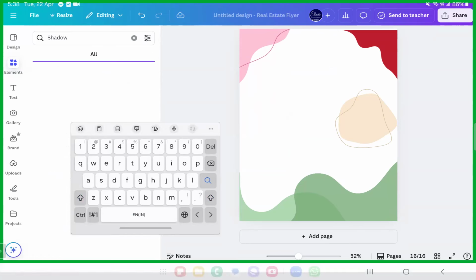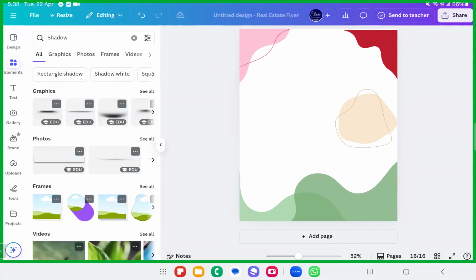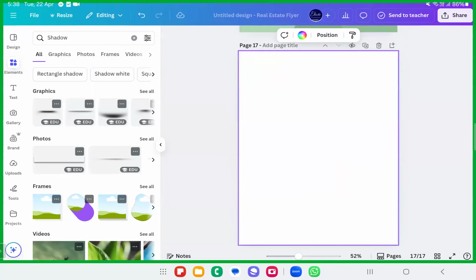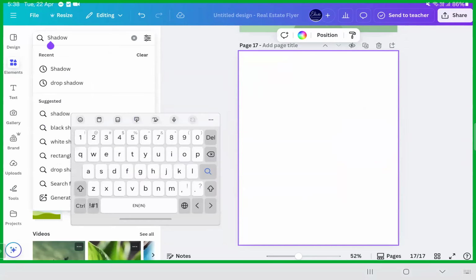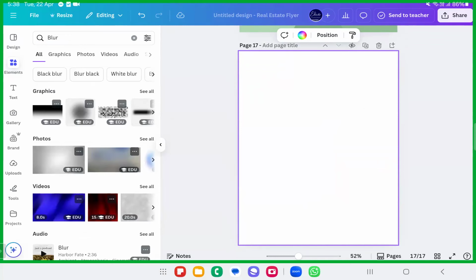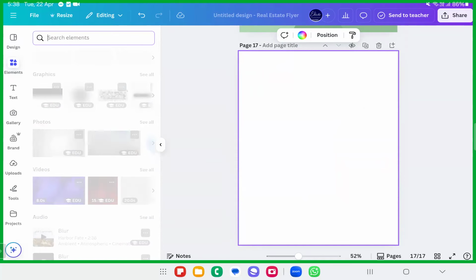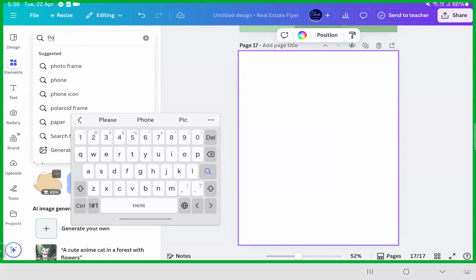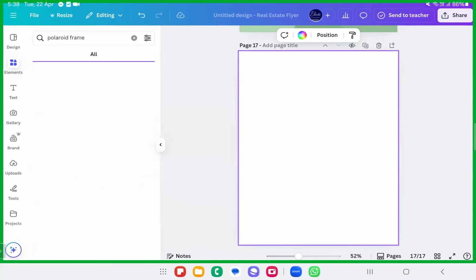Shadow pattern. The next thing is blurring. This shadow will be very helpful, but take note about the shadow. Then there is something called blur also. If you want to blur some parts, you can use this blur kind of feel. Then you have frames, which is already known. Next, you have patterns and outlines. You can give outlines for various formats. Then you have Polaroids, Polaroid frames.